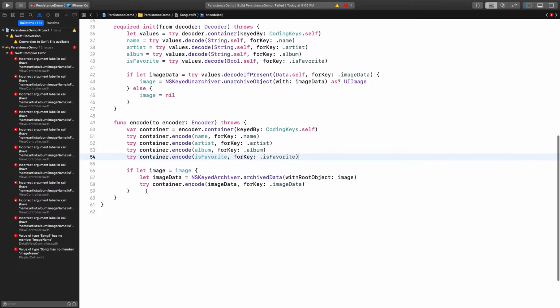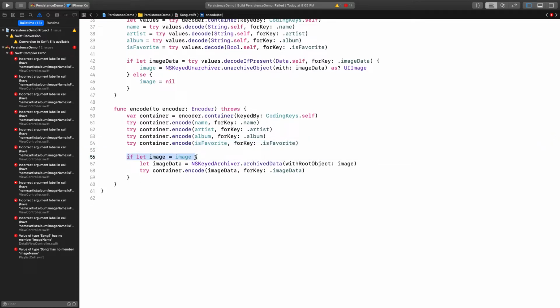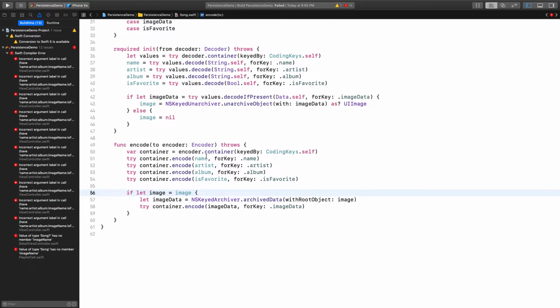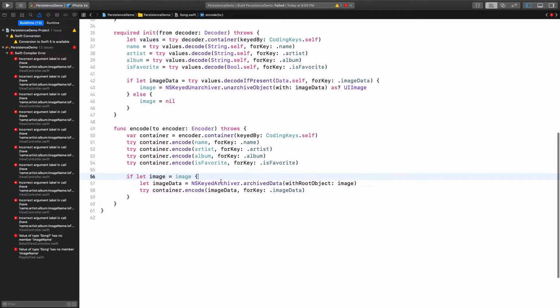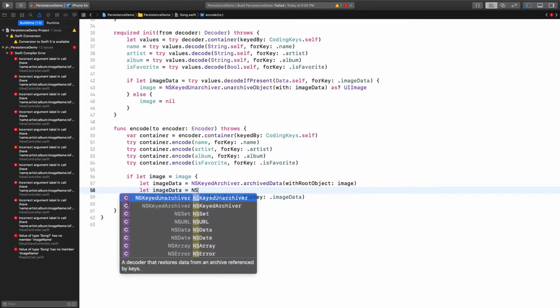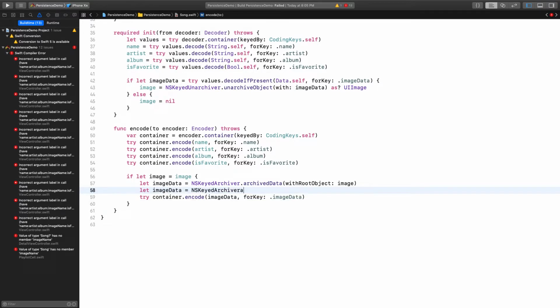But then for images, we use this first if let image because our image actually is optional, so we want to make sure our image actually exists before we try to encode it. So instead of using NSKeyedUnarchiver to convert to a UIImage from data, we use NSKeyedArchiver. So if we do this again just to see the type that it expects,